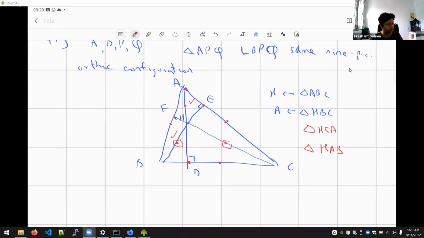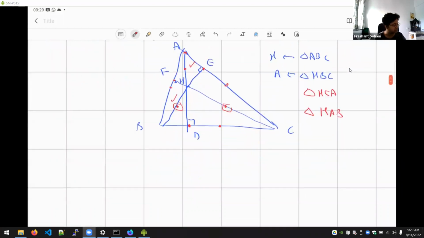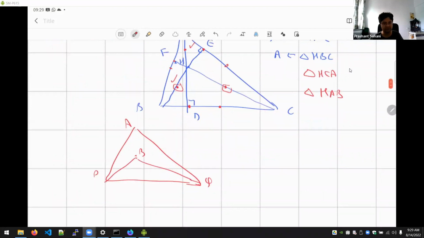What I asked was kind of the converse: if you have some triangles, ABC and I think APQ and BPQ, where their 9-point circles are given to coincide, then what can you say about them? You can prove, in fact, that first thing is, of course, they have to have the same foot of the altitude. But starting from that, you can also work out the other details and show that B has to be the orthocenter of triangle APQ. Okay. So this was what the question was about actually.